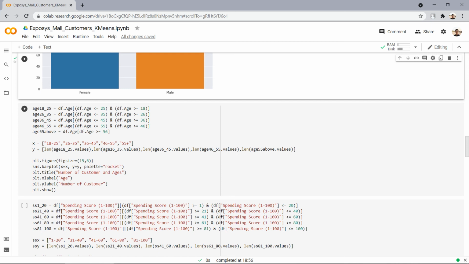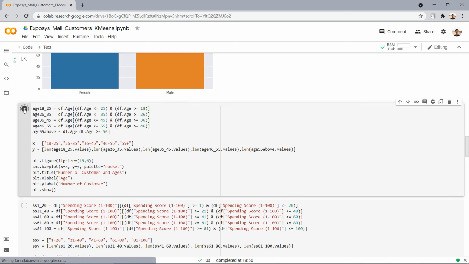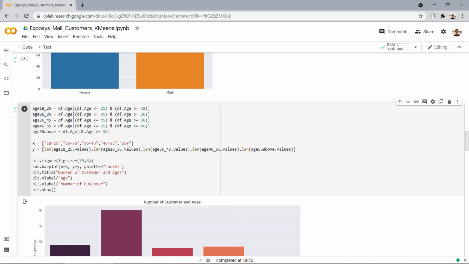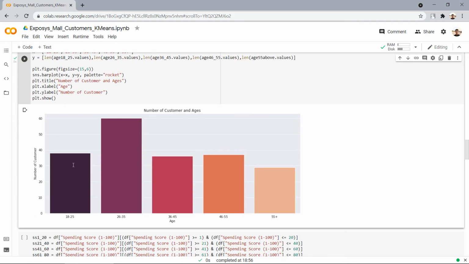I have taken number of customers on the y-axis and people of different age groups on the x-axis. After running this, we can see that the age group 26 to 35 is larger compared to others.